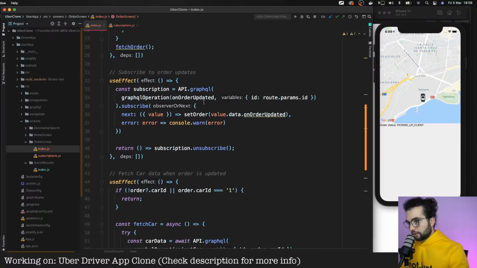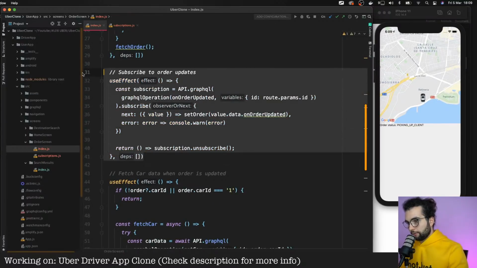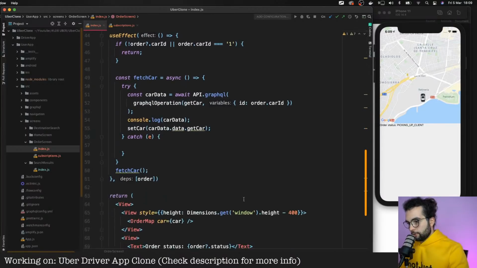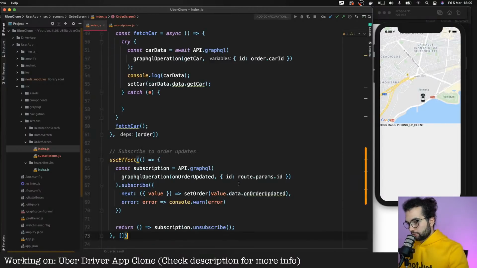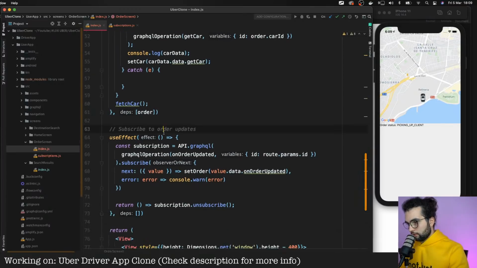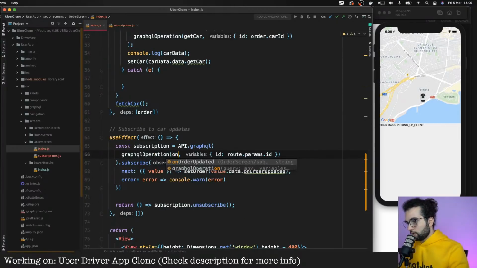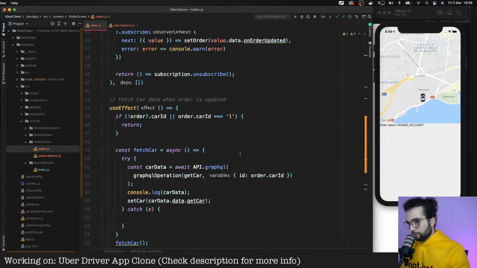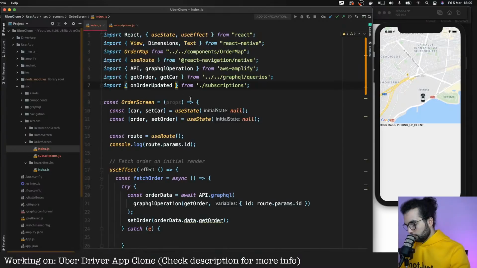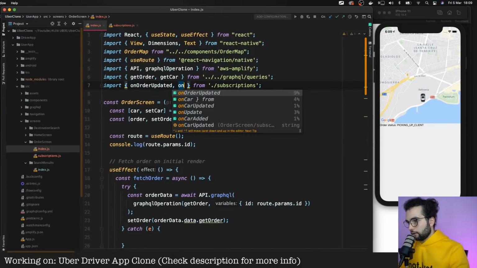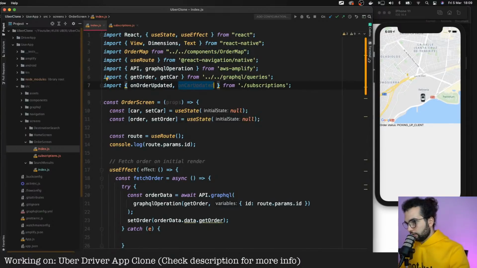Fetch car, subscribe to order updates. I'm gonna copy the subscribe to order updates and do the same here: subscribe to car updates. So subscription API GraphQL operation on car update. Did we import it? No. On car updated.